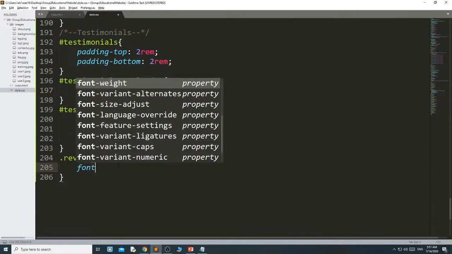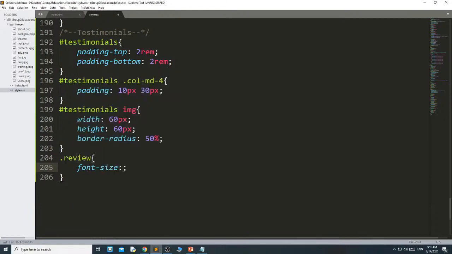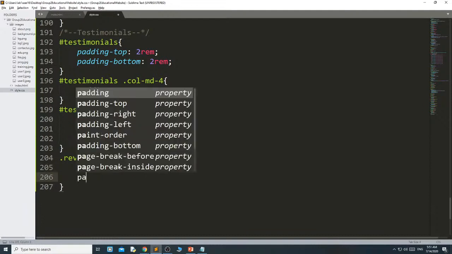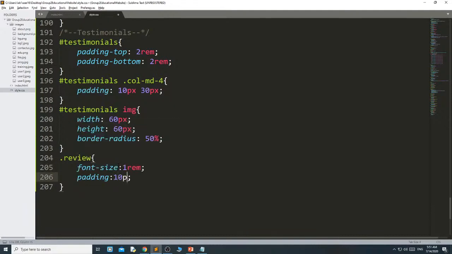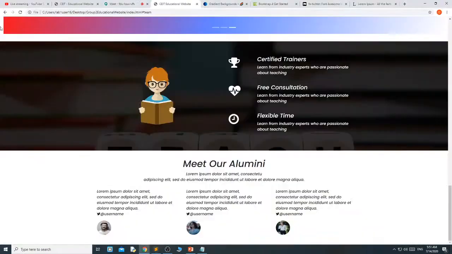The paragraph font size 1 rem or 16 pixel, padding 10 pixel, 10 pixel, 10 pixel and 30 pixel. Border radius, first I will show how it looks.